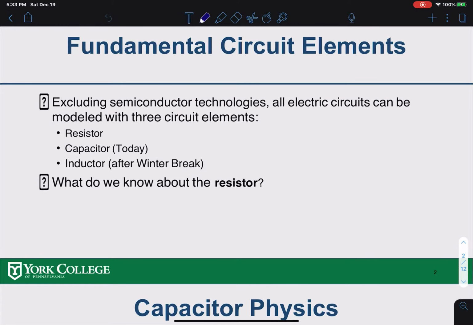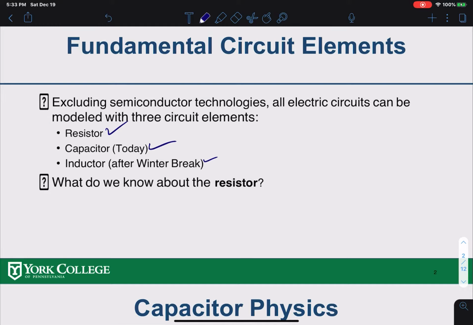So in a passive circuit, we have three elements. We have resistors, then we have the capacitor we're going to talk about today, and the inductor we're going to talk about in the next class. So let's review